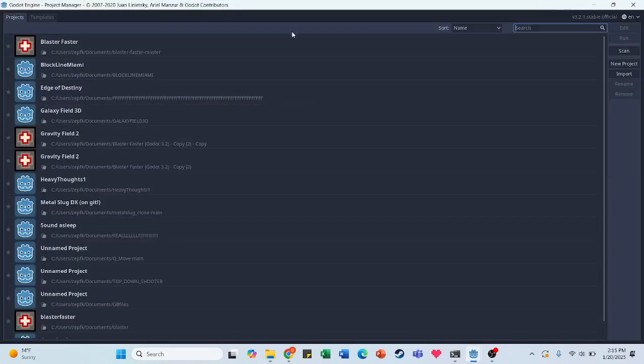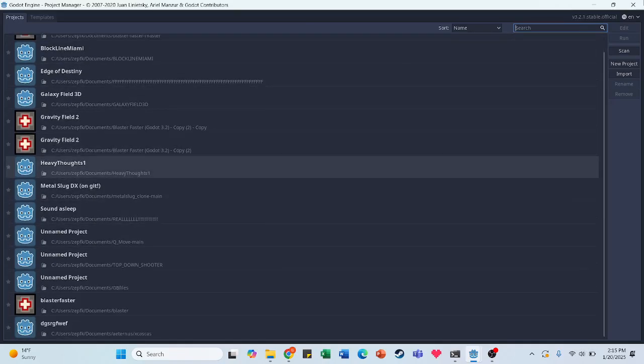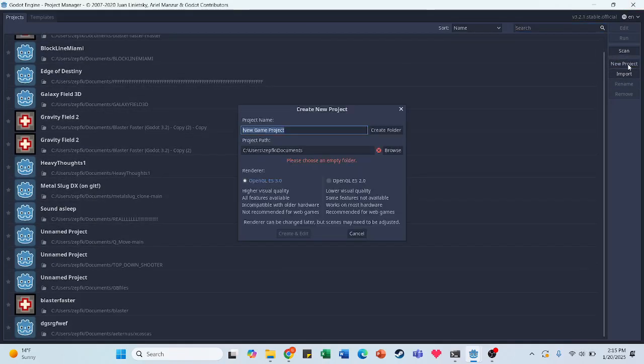This is gonna be a tutorial on how to make a top-down shooter in Godot. We will be doing this in Godot version 3.2.1 stable official. Now, I have a lot of things. We're gonna make a new project, and we're going to create a